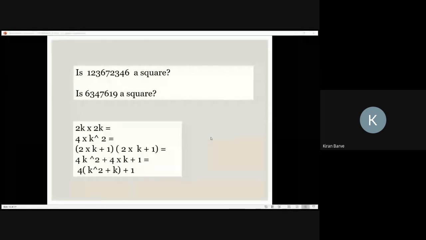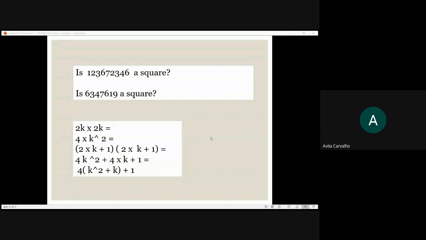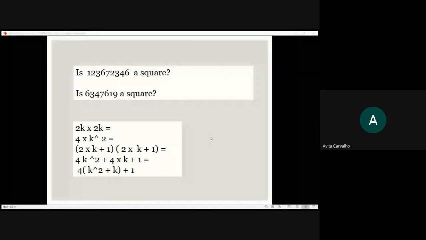Why no? Sir, I joined from my mother's email. That's why I put these two as no, because 23 and 46 is not a square and 19 is also not a square. But why is it that the last two digits should be square? Let me check on the phone. Now 121 is 11 square. Is 21 a square? Well, the answer is